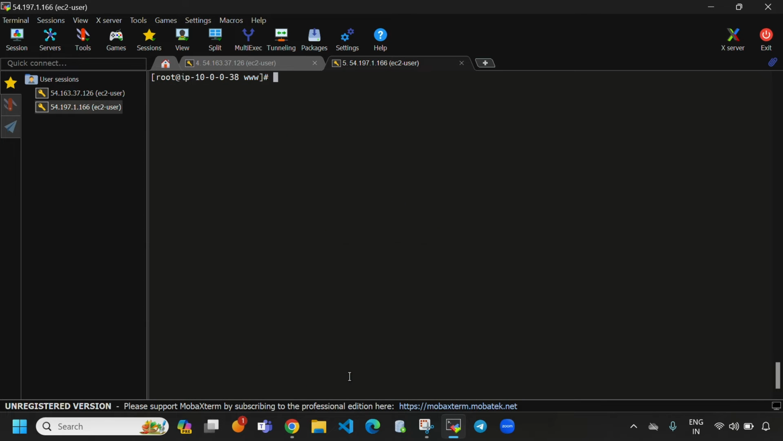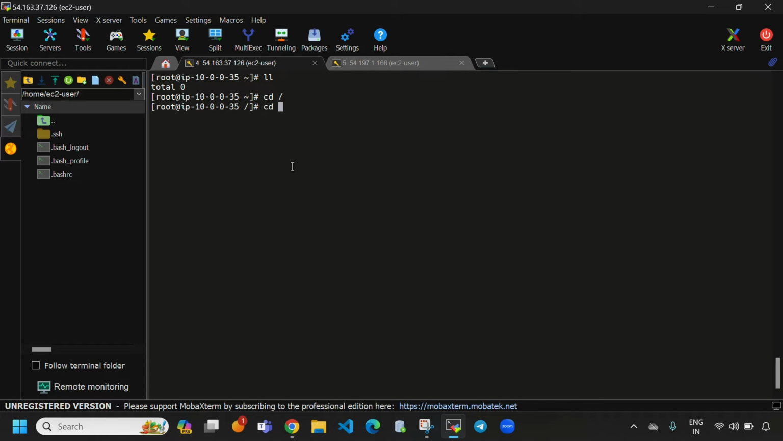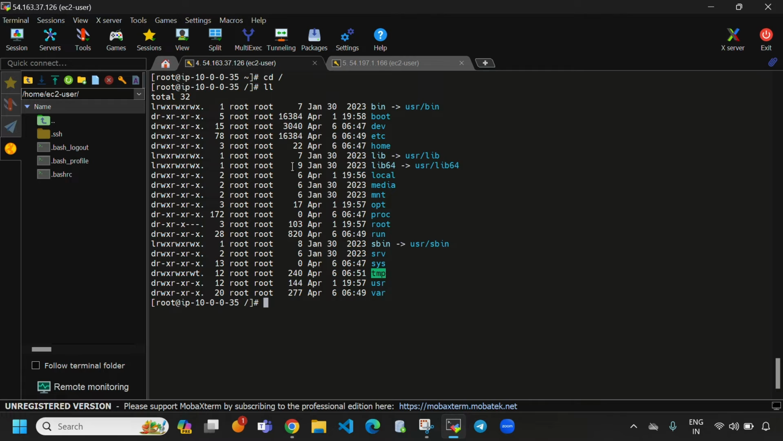Let's first come here. Let's do cd. Let's come to root, cd slash. Same here, follow my steps, guys. Cd and come to root folder by using cd slash. When I hit ll, okay,